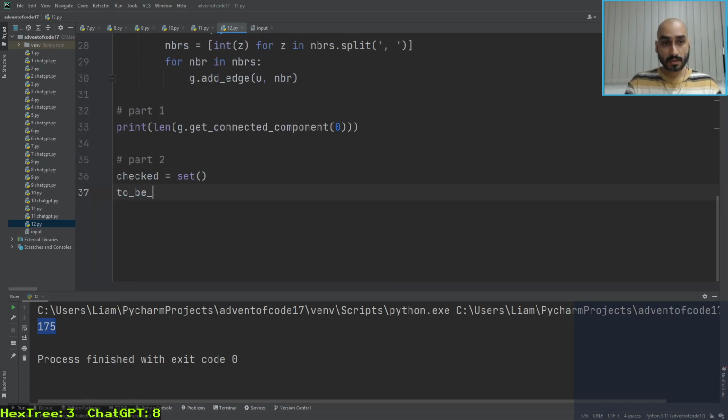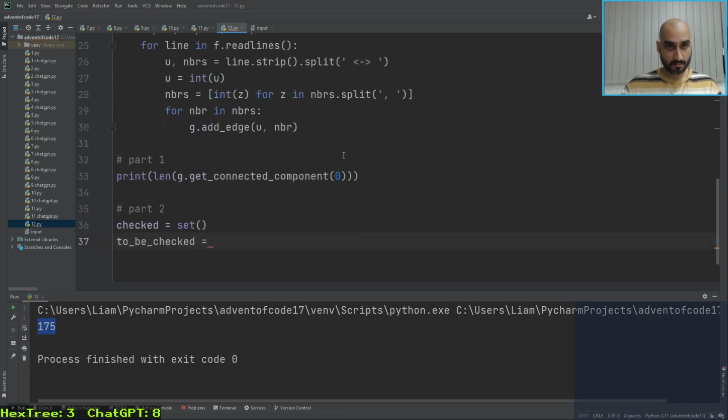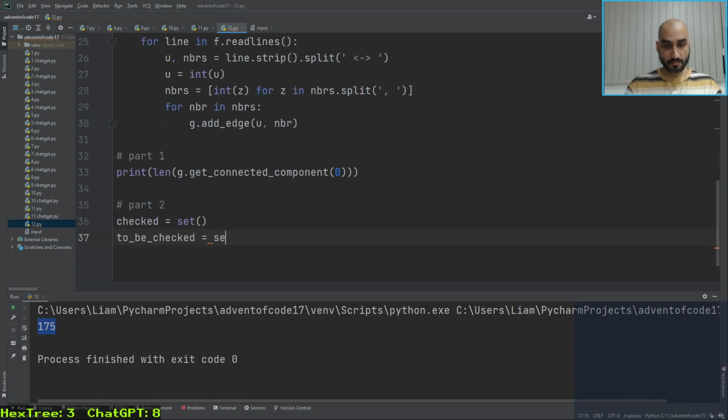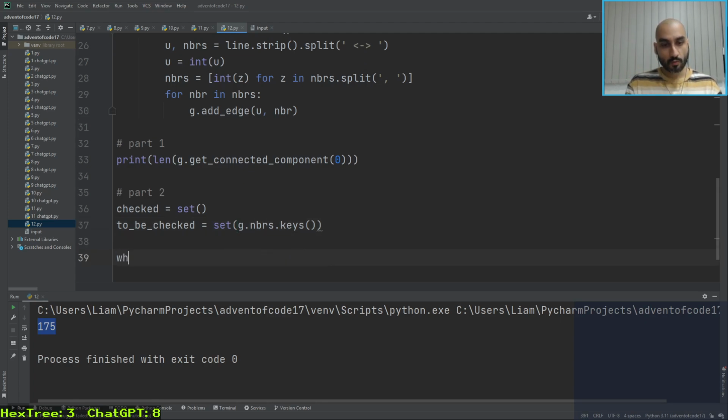To be checked is the set of g dot neighbors dot keys. So this is all possible vertices, while to be checked